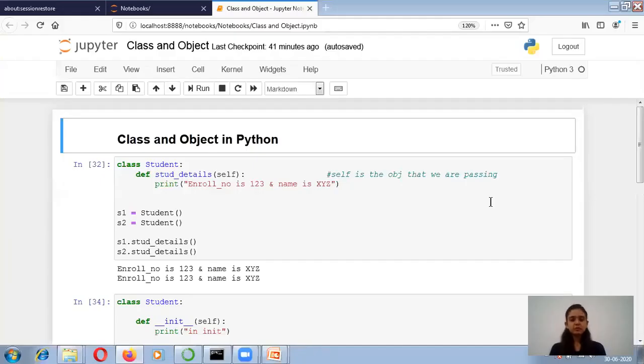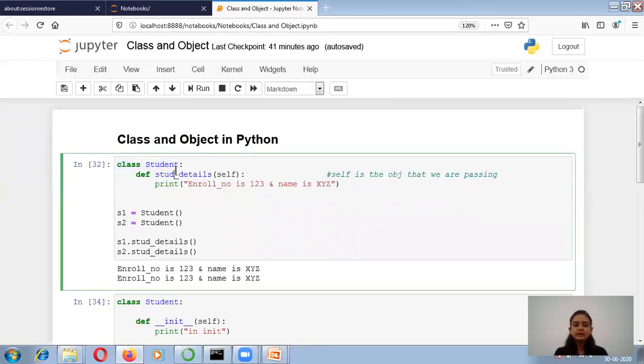We are keeping it simple to understand the concept. So over here I am taking student as the class, and in that I am defining only the function, not the attributes right now. I am creating two objects of the student class, S1, that is student 1, and student 2. For creating the class I have to write like this: class as the keyword, then the class name. Over here my class name is student, followed by the colon, then you have to mention the functionality.